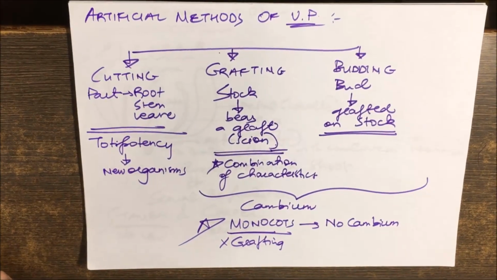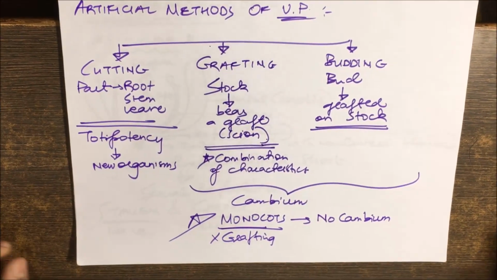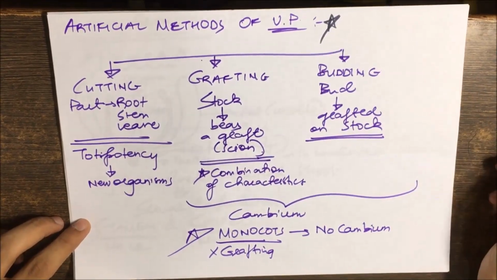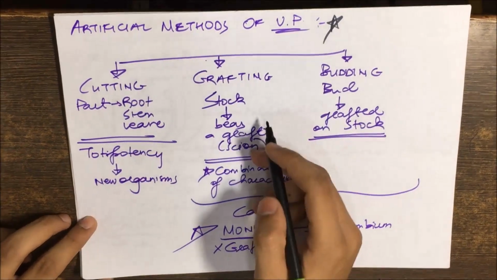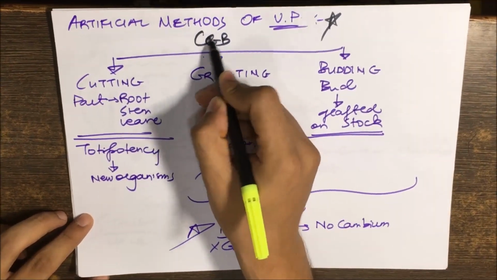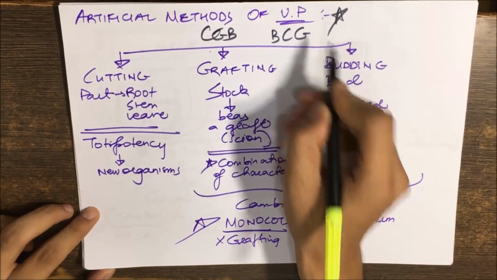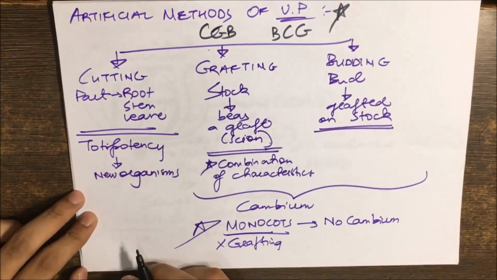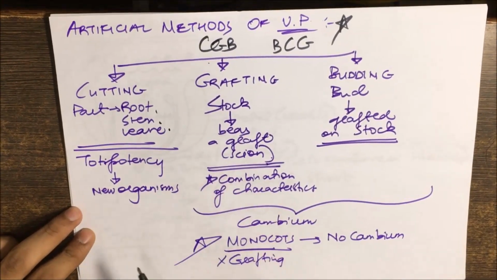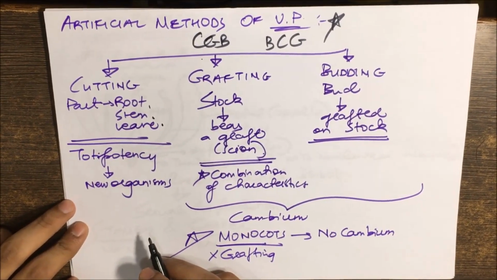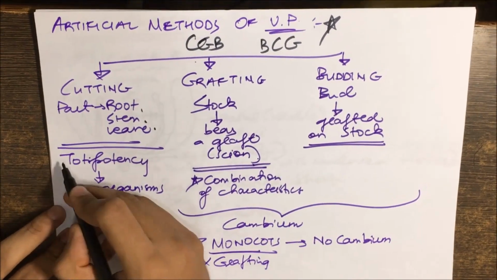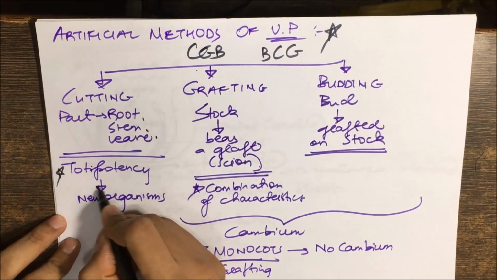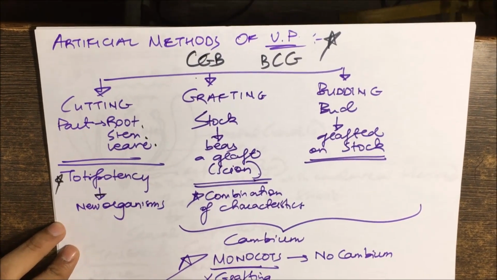Apart from the natural methods of vegetative propagation which we studied earlier, agriculturists and horticulturists have developed some artificial methods of vegetative propagation too, which can be broadly classified as cutting, grafting and budding. The first being cutting, wherein a part of the plant, such as the root or the stem or the leaf, is cut or separated and grown into a new organism, which uses the property of totipotency, wherein each part of the angiosperm can grow